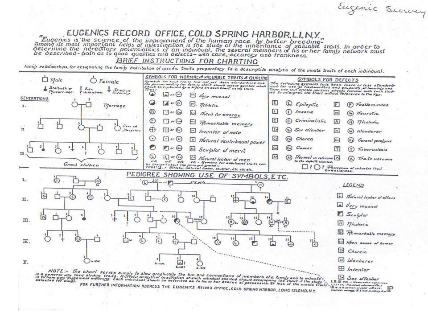So, you might be down here, you might be the grandchild, and your parents are up here, and then your grandparents, and then your great-grandparents, and your great-great-grandparents. So they tried to get as many generations as they possibly could of these pedigrees, which were extremely important for gathering all of this data.